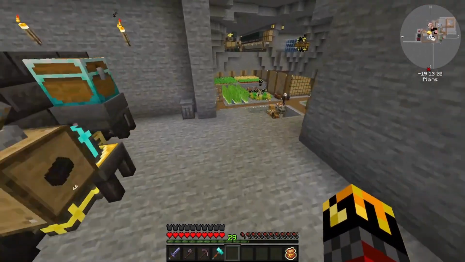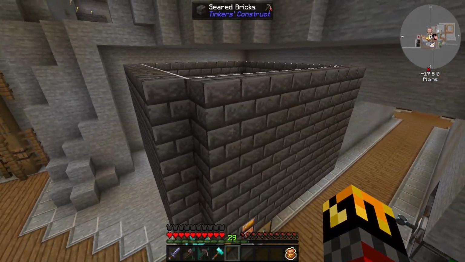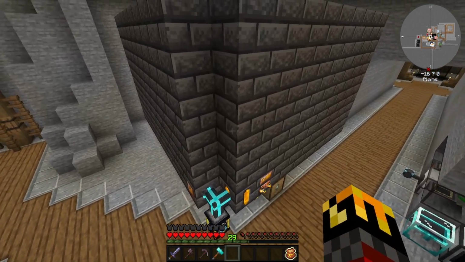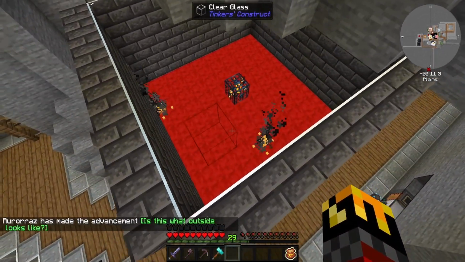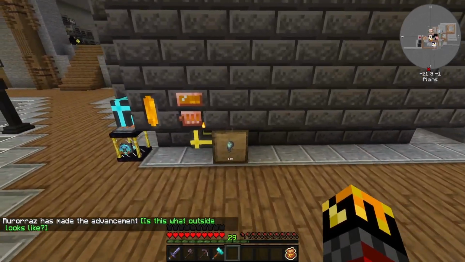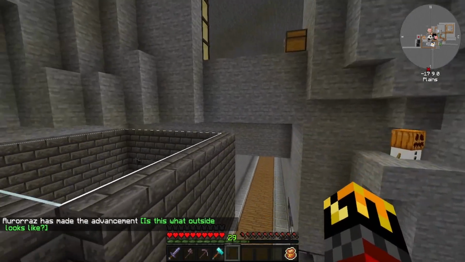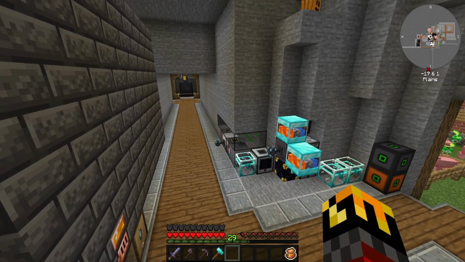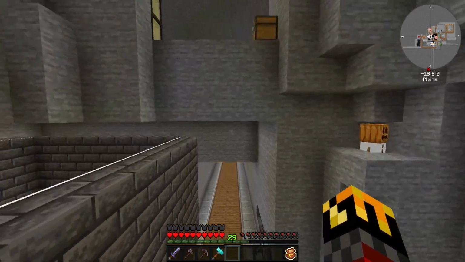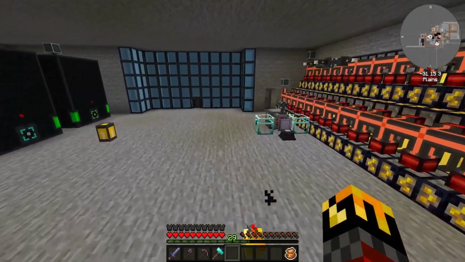Besides that, we also have done a little bit of cleanup on the base. Specifically here, we got the blaze killer spawner, blaze blood maker, you know. Cleaned that up a little bit, as well as touched up some of the stone around the base to cobblestone, vice versa. Besides that, we did have an overhaul of our power setup, our generators,